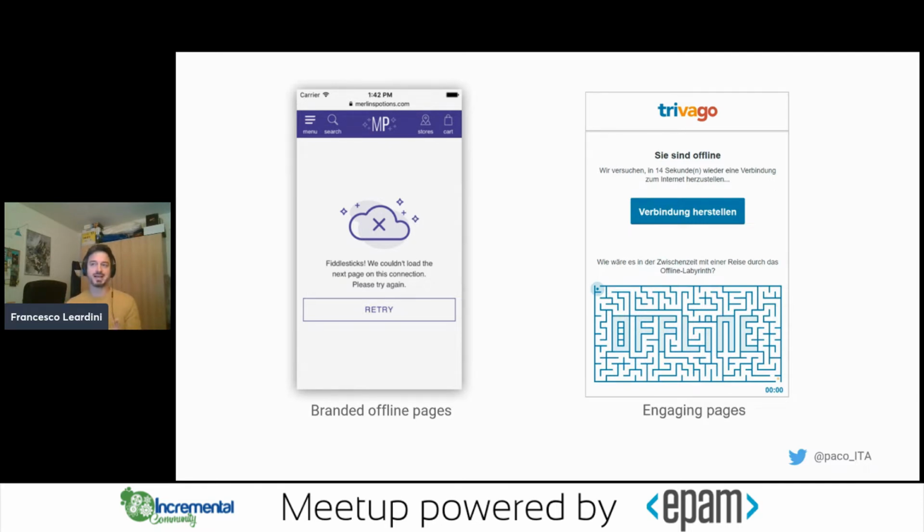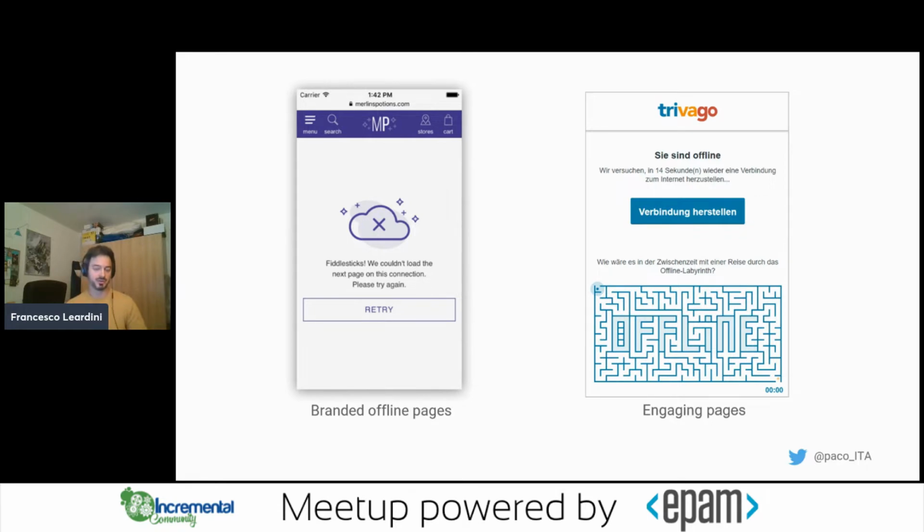Eventually, we can provide through these customized offline pages some company static data, phone numbers or images, promoting some marketing campaign going on. Therefore, not only does the user recognize the color and the logo of our company, which is a much better experience than simply the offline dinosaur that he or she would eventually get, but also, even when we are offline as a user, we can still get from the web app